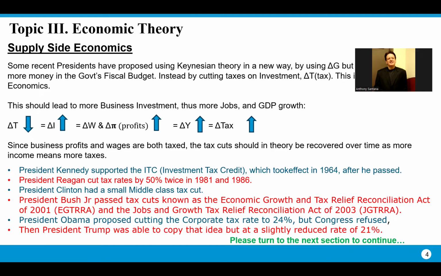And then it also blends in Say's law, because Say's law was saying that the best thing for the economy in the long run is to increase supply. Except in supply side economics, instead of the government staying out of it and not doing anything and letting supply recover by itself, they said to try to take the best of both worlds. Let's take the best of Say's law and have supply increase, but instead of doing it in the 1800s way, just let the economy fix itself,